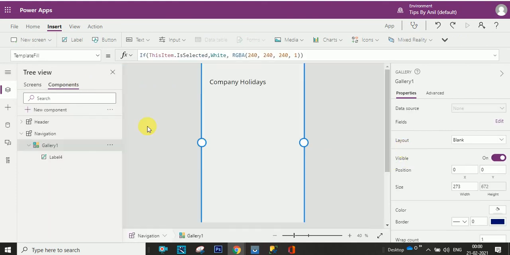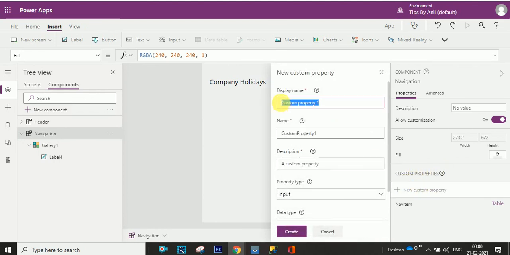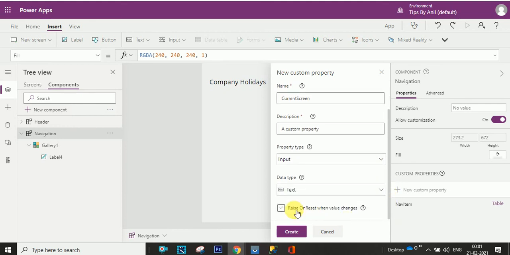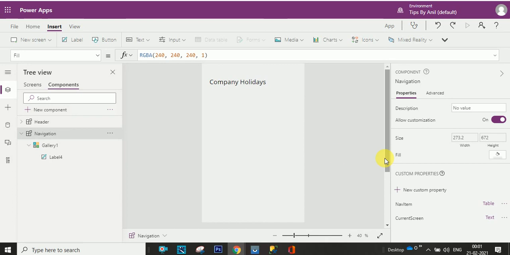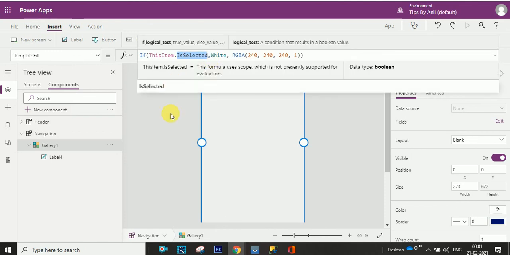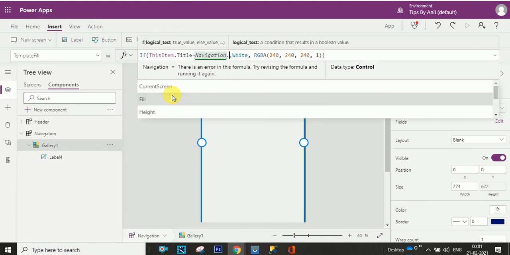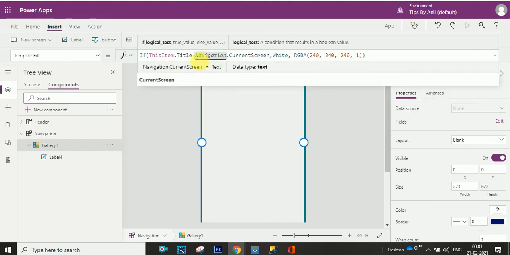Again we have to create a custom property. Just go over here and create current screen. This current screen will be text type. Just click on the create button. Now go in the template fill and write this item dot title equals to navigation dot current screen. I'll let you know why we are choosing the title. If the title of this gallery is equal to current screen, then it should be white,